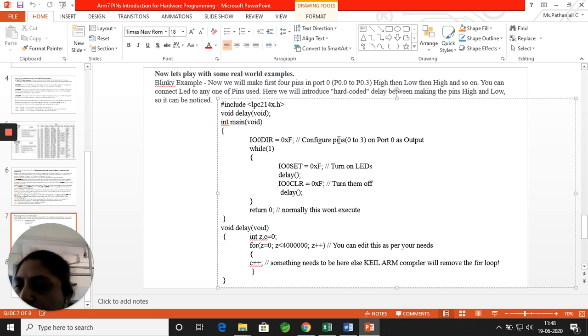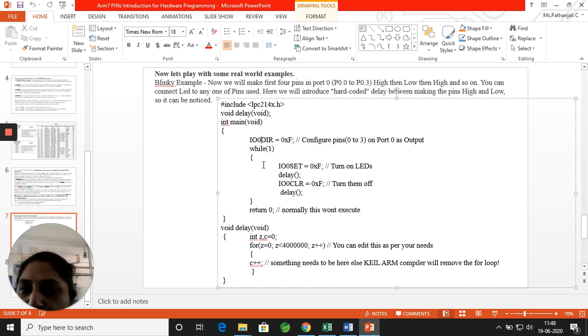You are configuring pins 0 to 3 on port 0 as output, represented in hexadecimal as 0xF, where the last value is F. That means pin numbers 0, 1, 2, 3 are set to 1, and the rest of the pins are 0 when you expand. That indicates that pins 0 to 3 of port 0 are the ones going to be used.